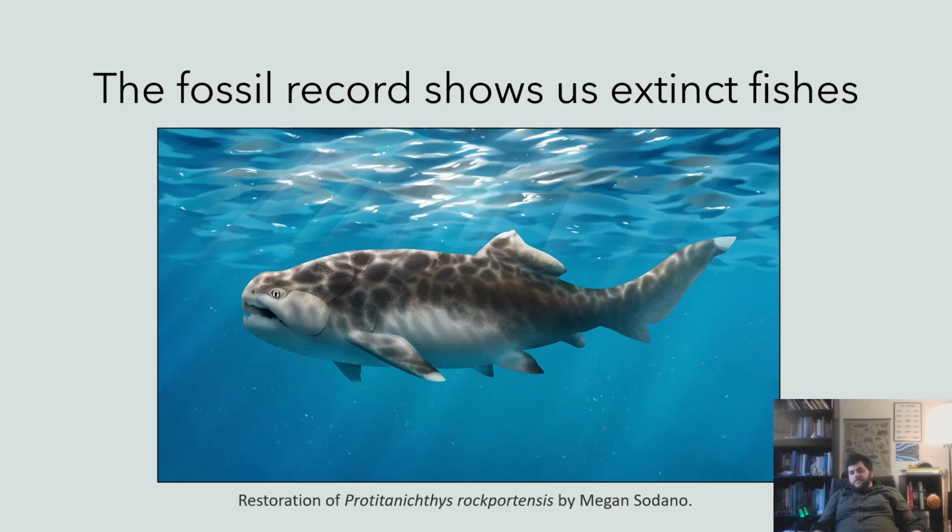And I had the opportunity to collect fossils of this fish when I was in high school and study them. And I learned something really profound in studying not only Protitanichthys here, but also the group of fishes that it's from. There are no fishes like this today. This is an animal called a placoderm. Placoderm referring to these really thick, bony plates in the animal's skin, right? They're often called the armored fishes, which is a little bit of a misnomer, but that's okay.